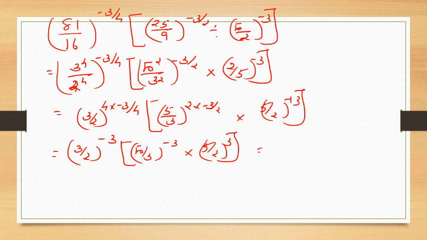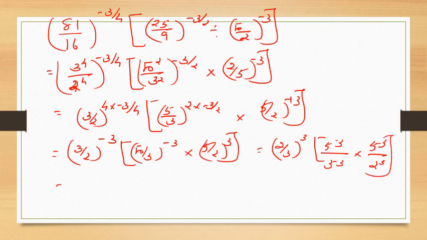So this 3 by 2 raised to minus 3, if you write it as positive exponent, this is 2 by 3 raised to 3 into 5 raised to minus 3 by 3 raised to minus 3 into 5 cube by 2 cube. So 2 cube by 3 cube into this 5 raised to minus 3 into 5 raised to 3 is what? 5 raised to